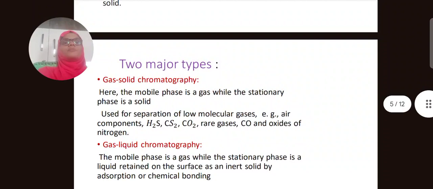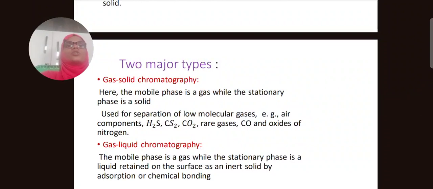Two major types. The first one is gas solid chromatography and the second one is gas liquid chromatography. So what is gas solid chromatography? Here the mobile phase is a gas while the stationary phase is a solid, used for the separation of low molecular gases. Example: air components, H2S, CS2, CO2, rare gases, CO and